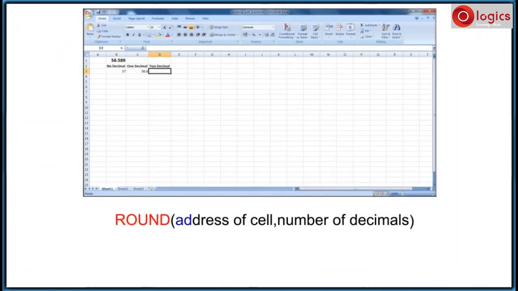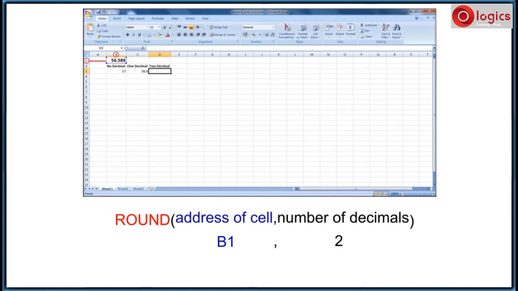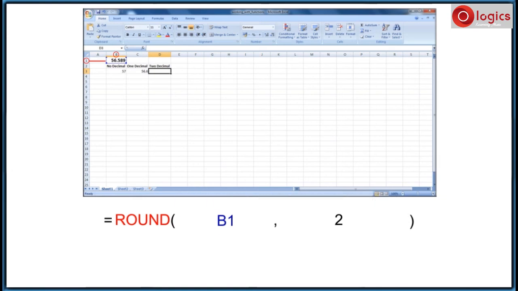This time I would like to round the number in cell B1 to 2 decimal points. Here the syntax is ROUND, address of cell is B1, comma, number of decimal points required is 2. In my Excel sheet, I have selected the cell D3 to get the result.